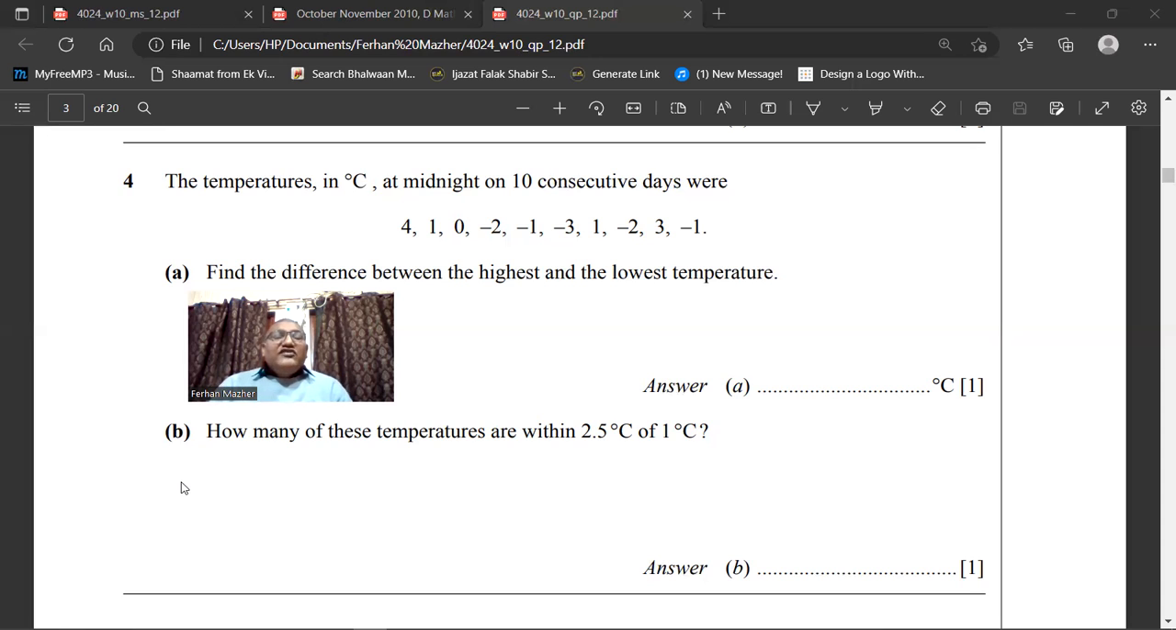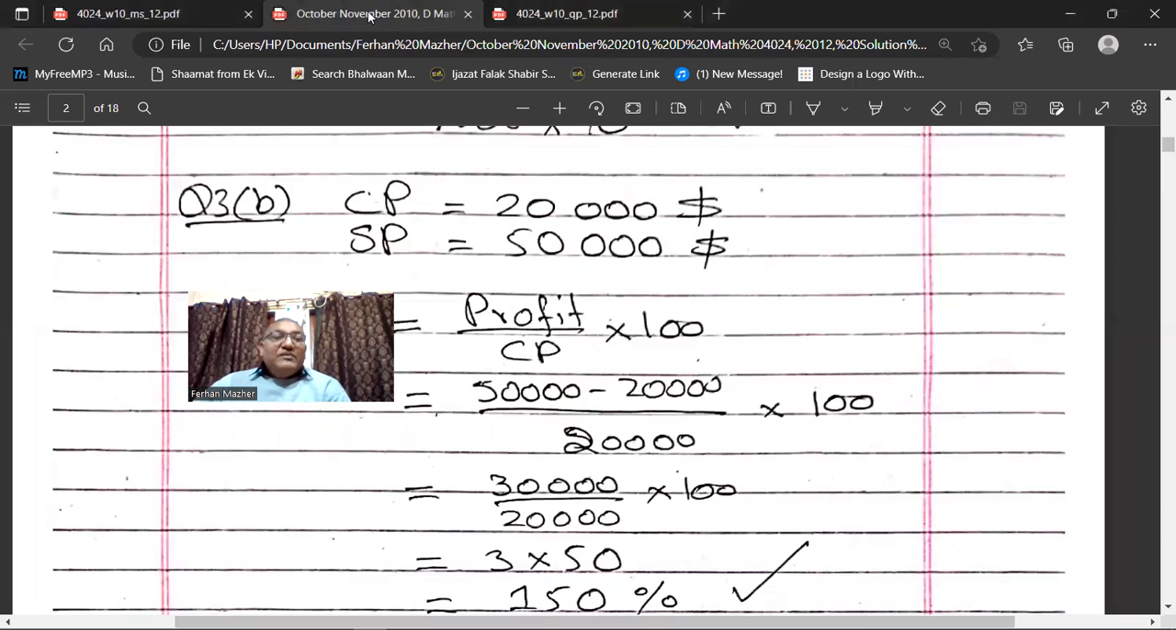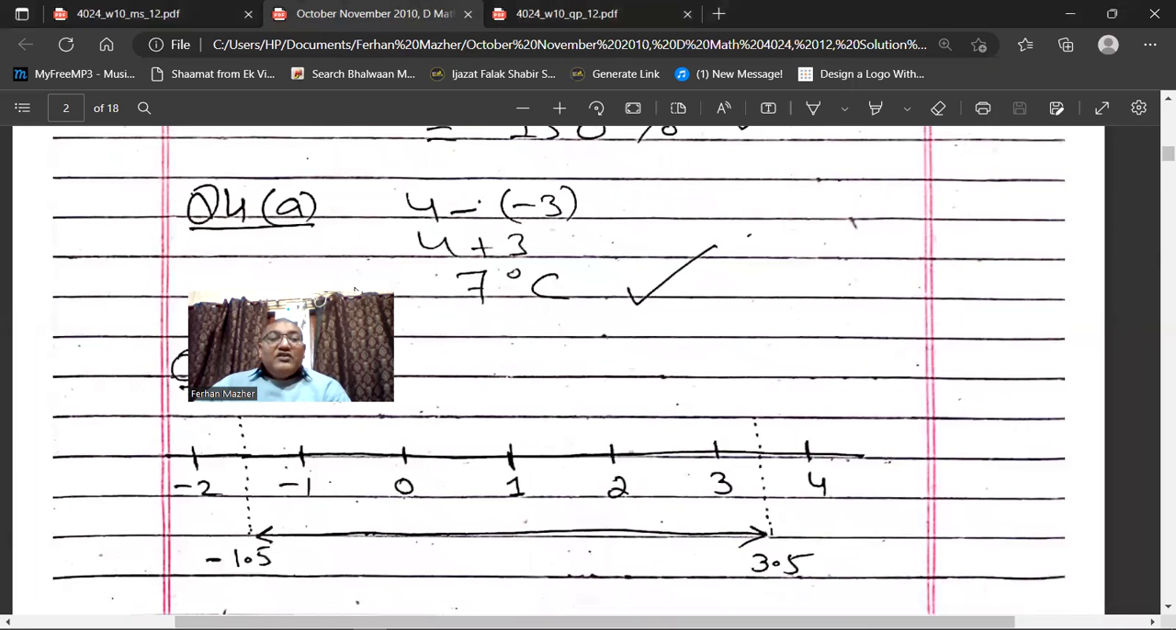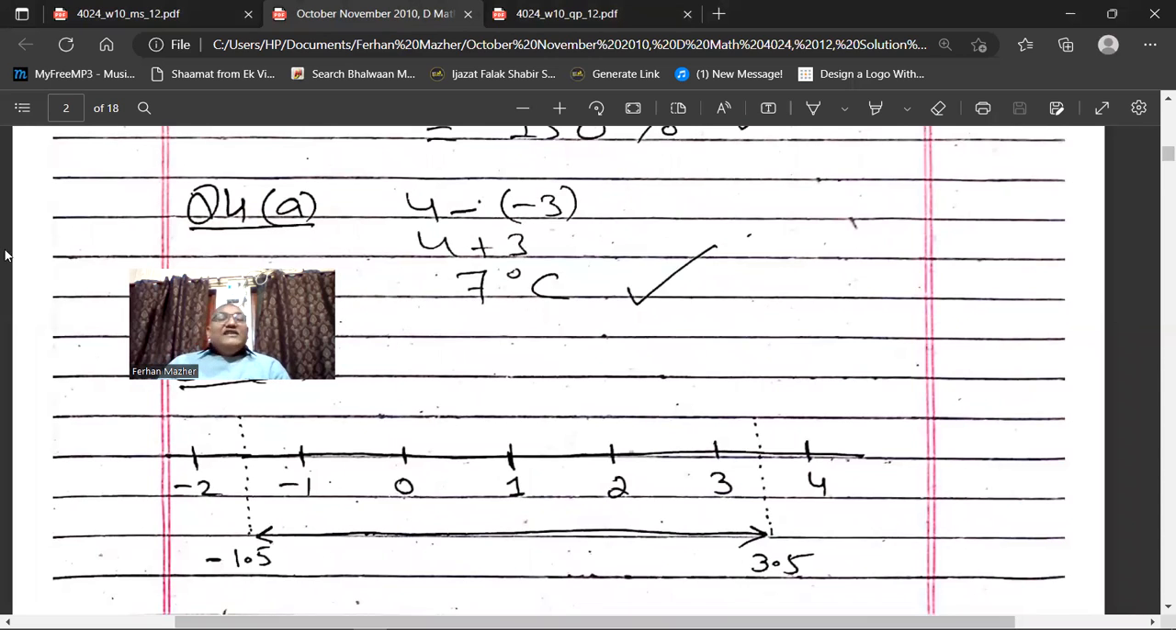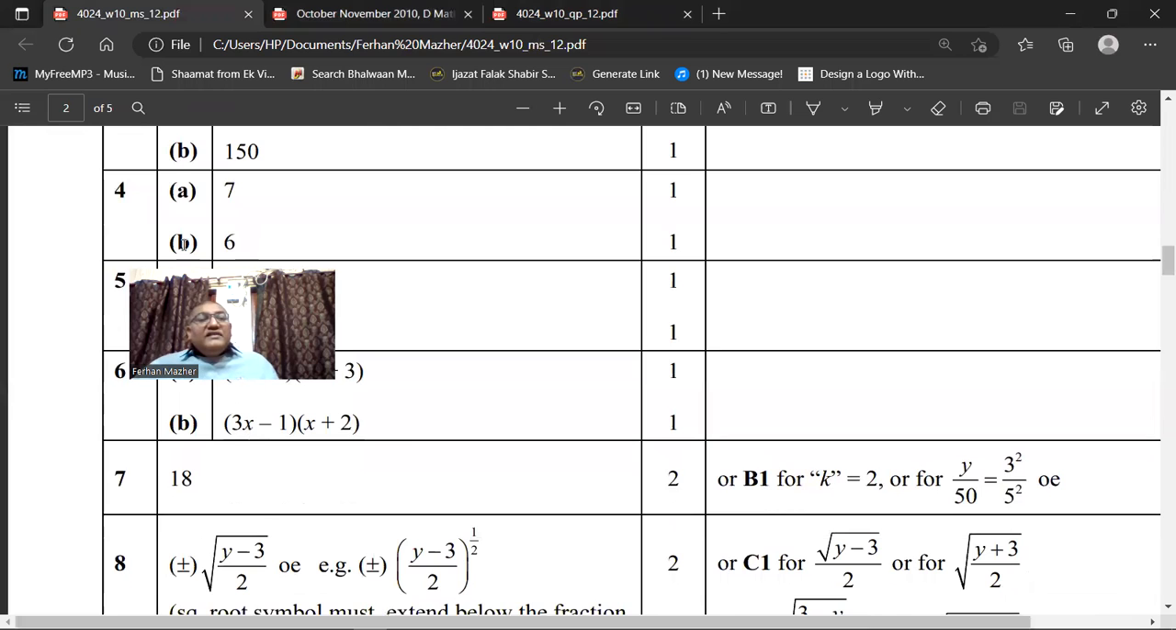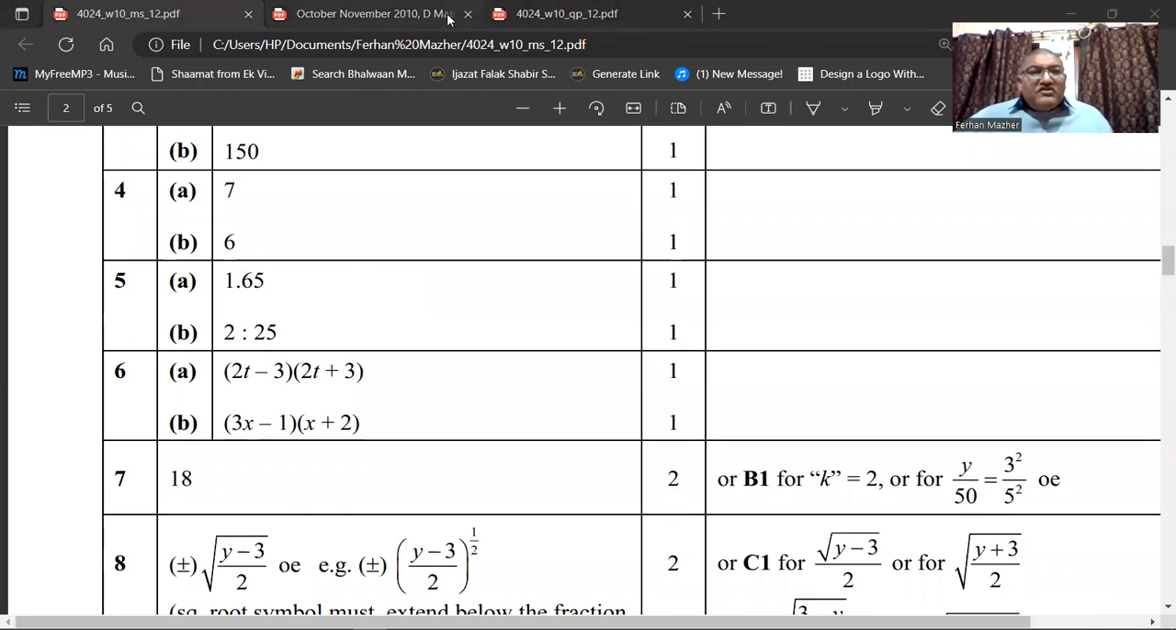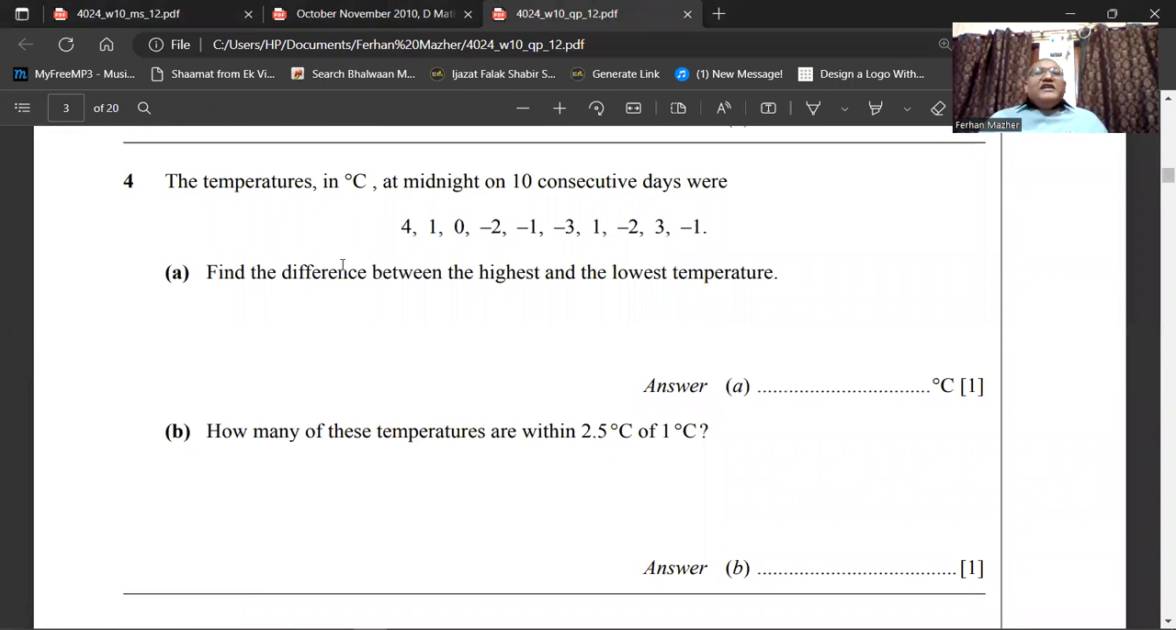So the difference between the highest temperature and the lowest temperature will be 4 minus -3. So the minus will become positive, and you will have 4 minus bracket -3 bracket close. So it will be 4 plus 3. So that will be 7. So the difference is 7. Okay. The next part is, he says, how many of these temperatures are within 2.5 degrees centigrade of 1